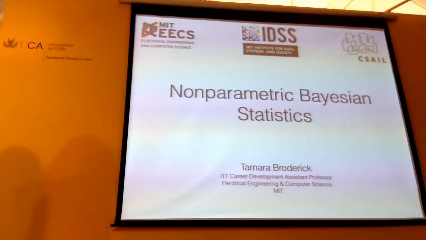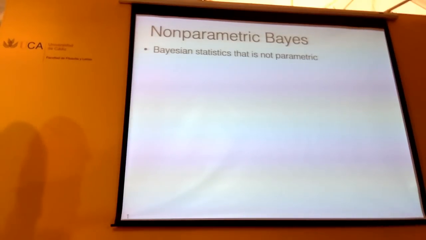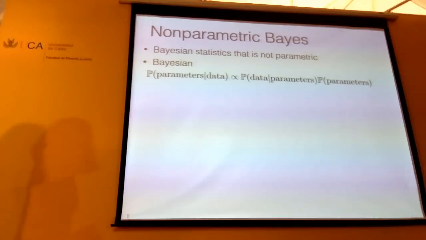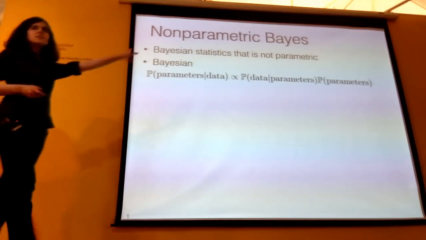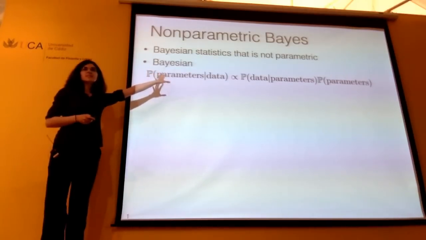But let me first start by giving you an overview, a taste of the ideas that we'll be talking about. Okay, so I've said non-parametric Bayes, it's sort of a tautology that means Bayesian statistics that is not parametric, but as I said, there's a little bit more to it than that, and we really want to dissect what the meaning of that phrase is. So in particular, there are 2 parts to this, non-parametric and Bayes, and Bayesian statistics is going to be a really fundamental part of these lectures.